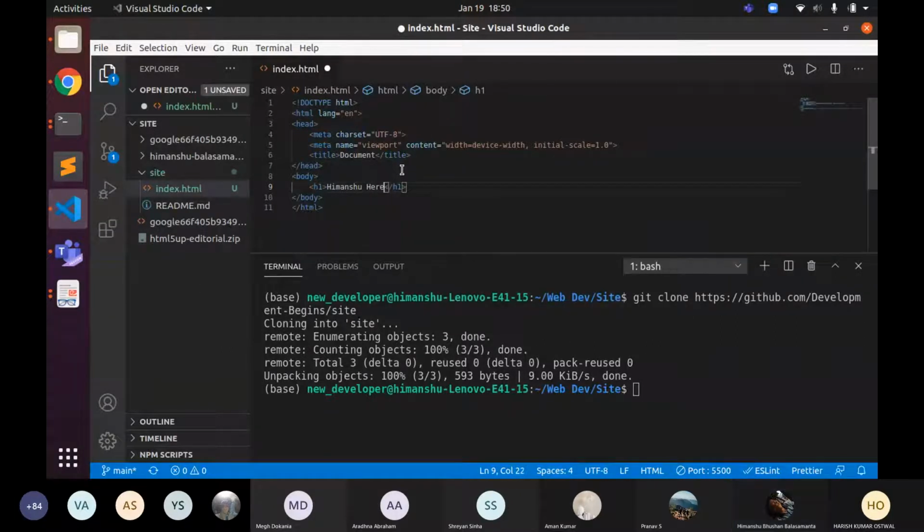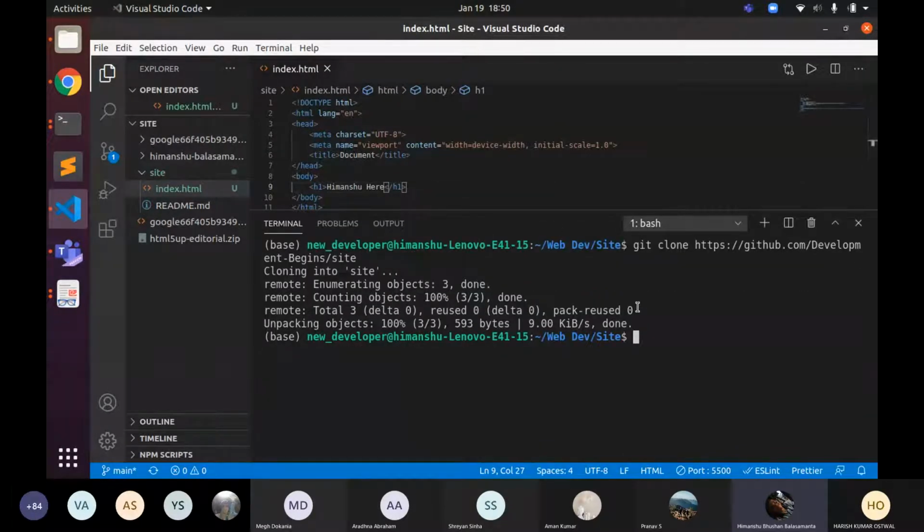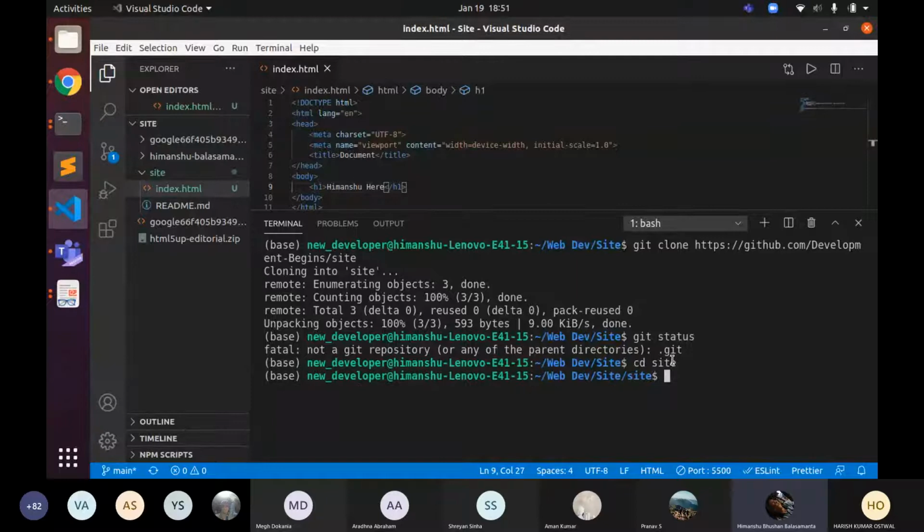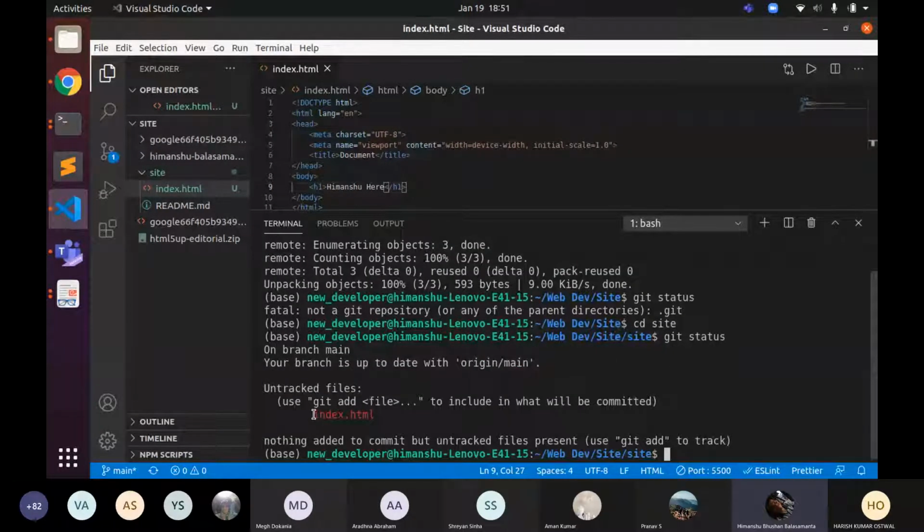Let it just be this. This will be my code that I want to put on my server. So now after I make changes, I will see what changes I have made. So git status. Okay, cd site. So git status. Now you'll see that index.html, the file that I just created, is there in